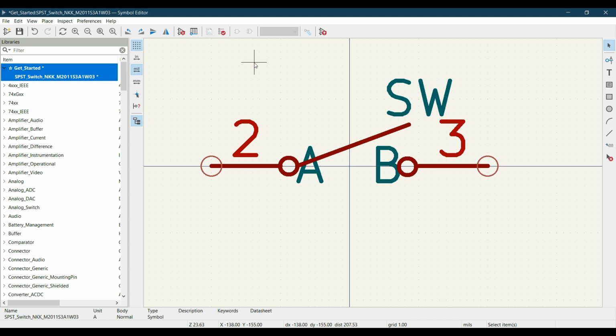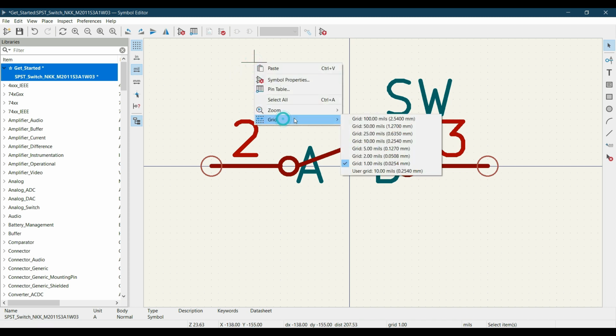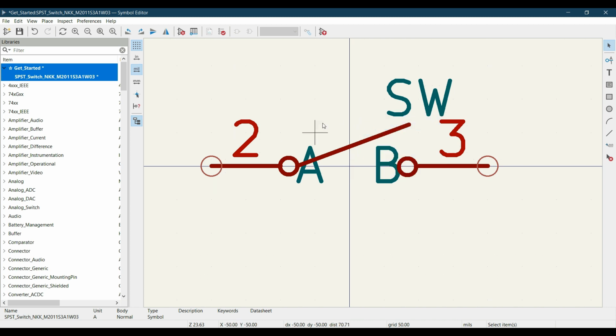Now we have changed our grid to 50 mils because mostly the components in KiCad are